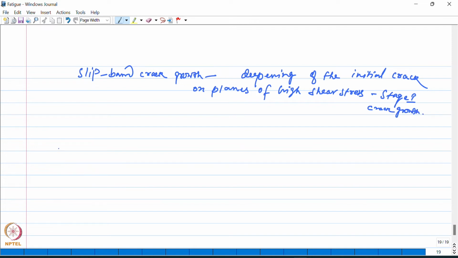The growth rate in stage 1 crack growth is very small, of the order of nanometer per cycle,